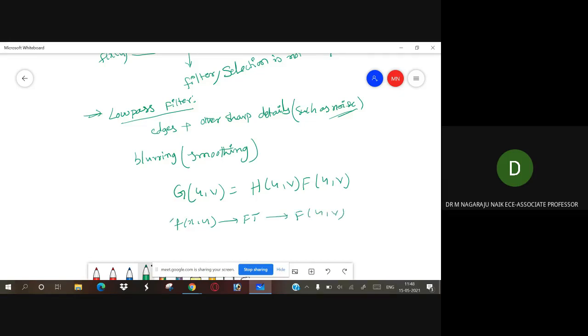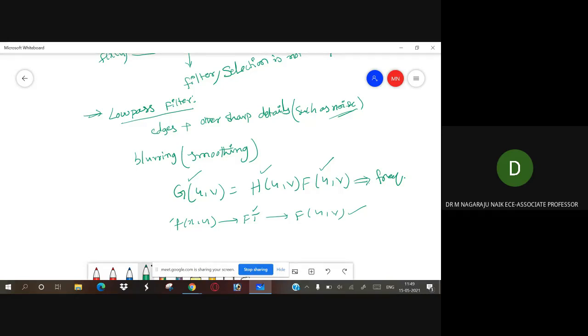So the input image is applied with the Fourier transformation, then you will get F of u comma v. Now this is in the frequency domain. Similarly the filter is also in the frequency domain. The obtained filter is also in the frequency domain. So this equation is called a frequency domain representation, isn't it? So this equation is indicated in the frequency domain.